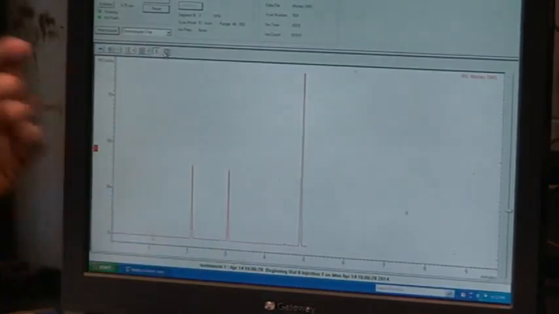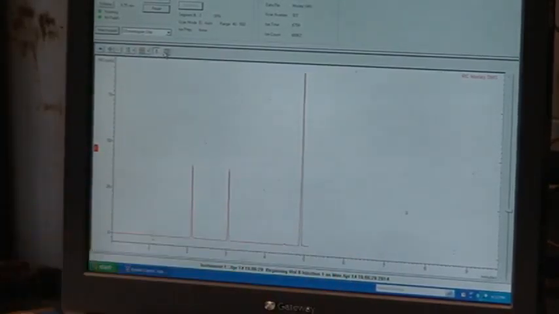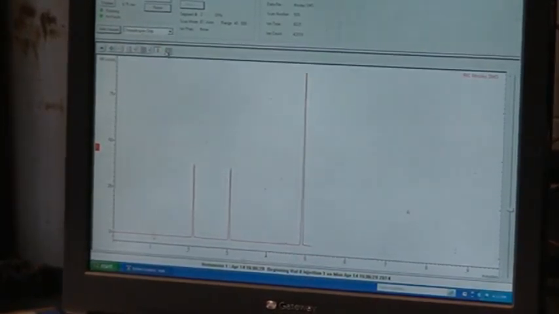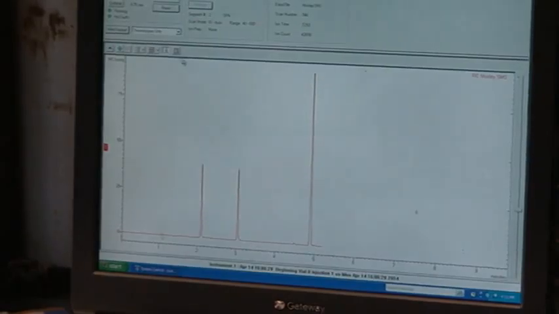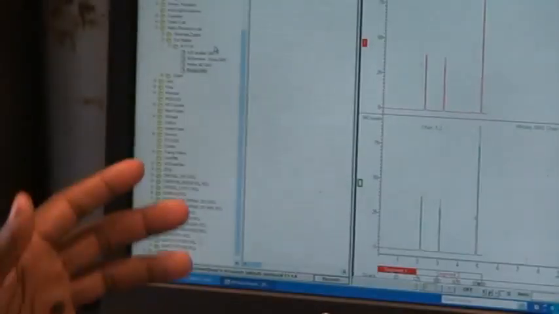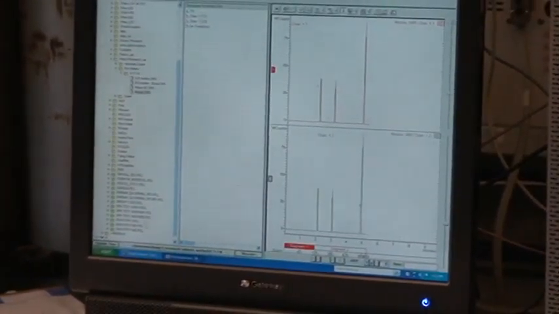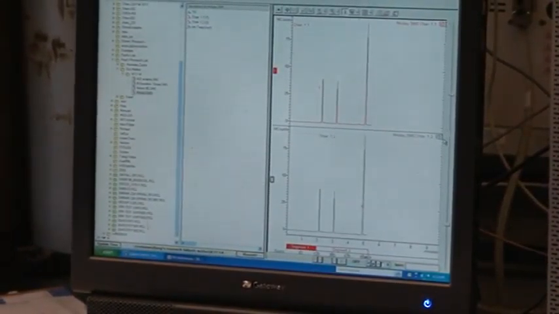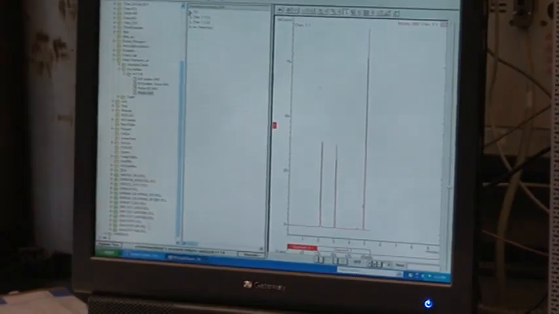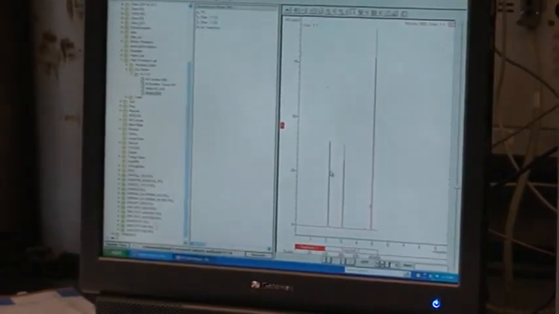Now as you look at my graph here, I have 3 peaks, and as I said earlier, we had a mixture of toluene, benzene, and xylene. So I'm able to hit this button, and I have 2 screens. Both of these are basically the same thing, so I'm going to close this one out because I don't need it. And from here, what I'll be able to do is I can click on my peak,